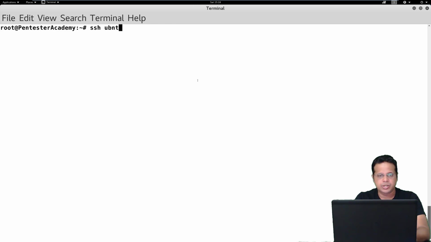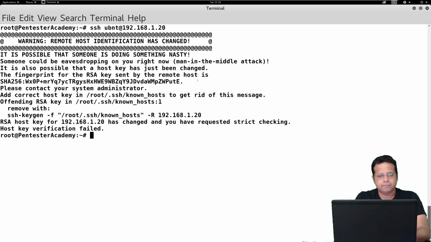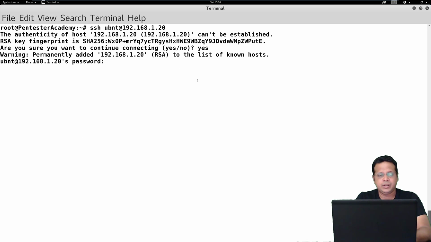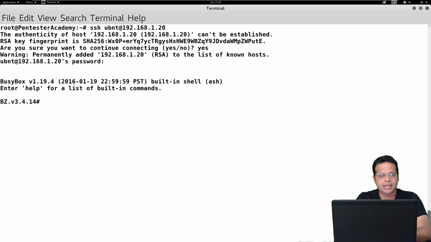As I mentioned, the username is UBNT. I've used the same IP before, so I'm just going to quickly remove my known hosts file. Okay, so now let's connect to it. The password is UBNT as well, and there we go. So we land into a BusyBox shell. If you do not know what BusyBox is, please have a look at the Pentester Academy Hacker Gadget series, where I talk about this in great detail. Okay, so